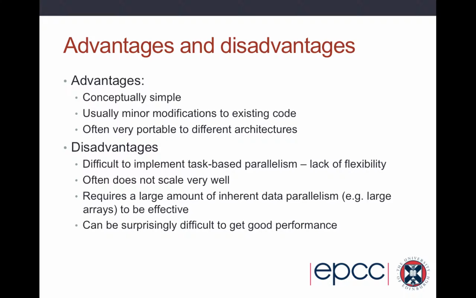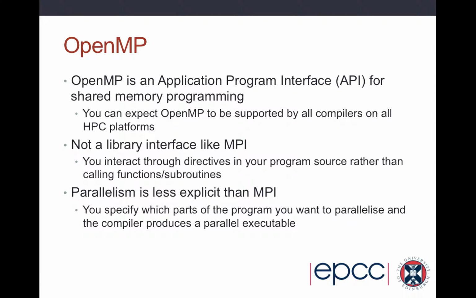It can be difficult to find the right level to introduce this shared memory parallelism. If you include it at too low a level, you're starting and stopping threads very often, and you get a lot of overhead. If you do it at too high a level, you don't gain that much performance from it, and you may as well have used message passing or another concept better suited to task parallelism and things like this. But the standard model for shared memory programming is OpenMP,